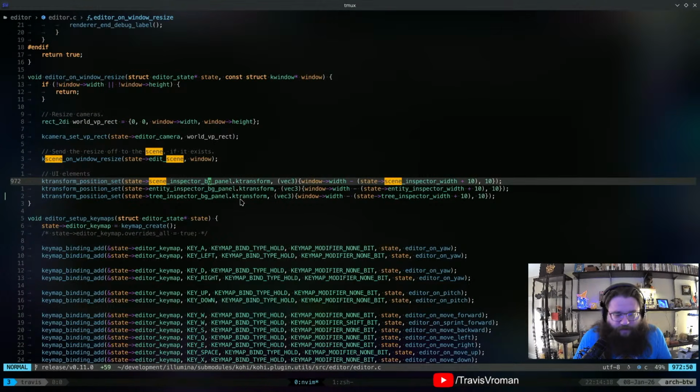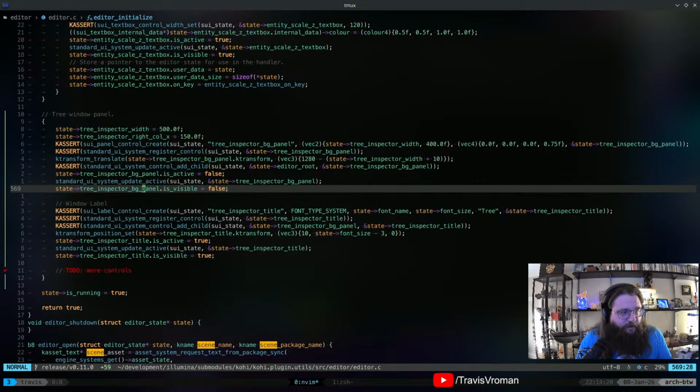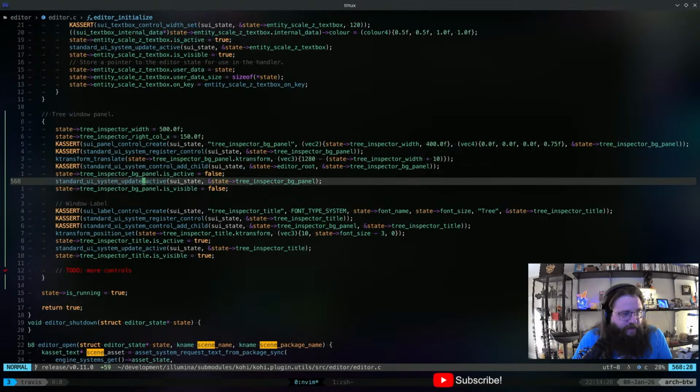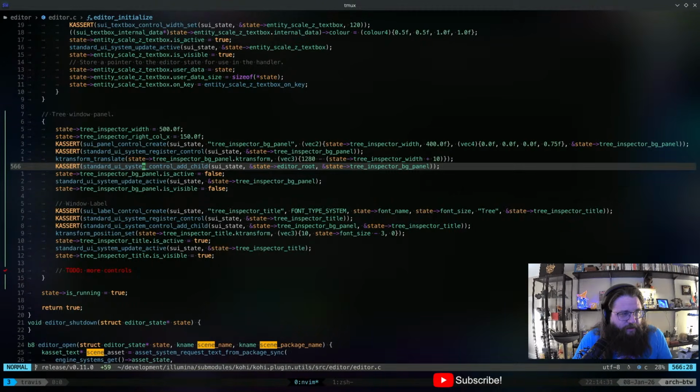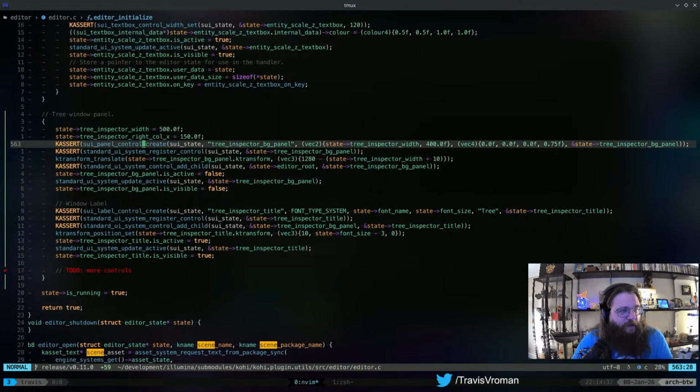So I think what I have to do for that is, I do believe I have a set height, I think. Let me see. So we have the translate there. We can start off the height a little bit higher, right? So we can say maybe the height should be like, I don't know, 600. But